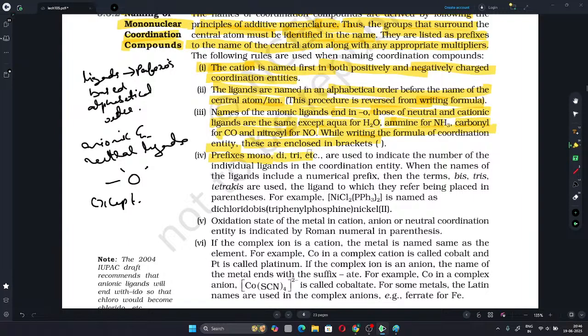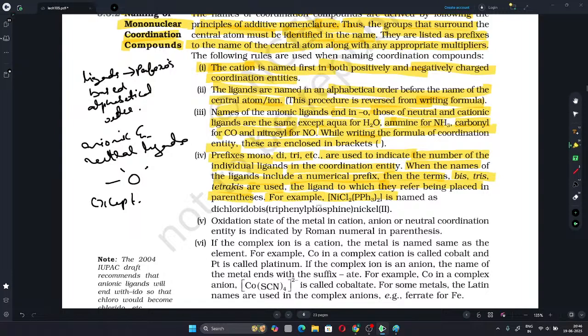Prefixes mono, di, tri, etc. are used to indicate the number of the individual ligands in the coordination entity. When the names of the ligands include a numerical prefix, then the terms bis, tris, tetrakis are used, the ligand to which they refer being placed in parentheses. For example, NiCl2(PPh3)2 is named as